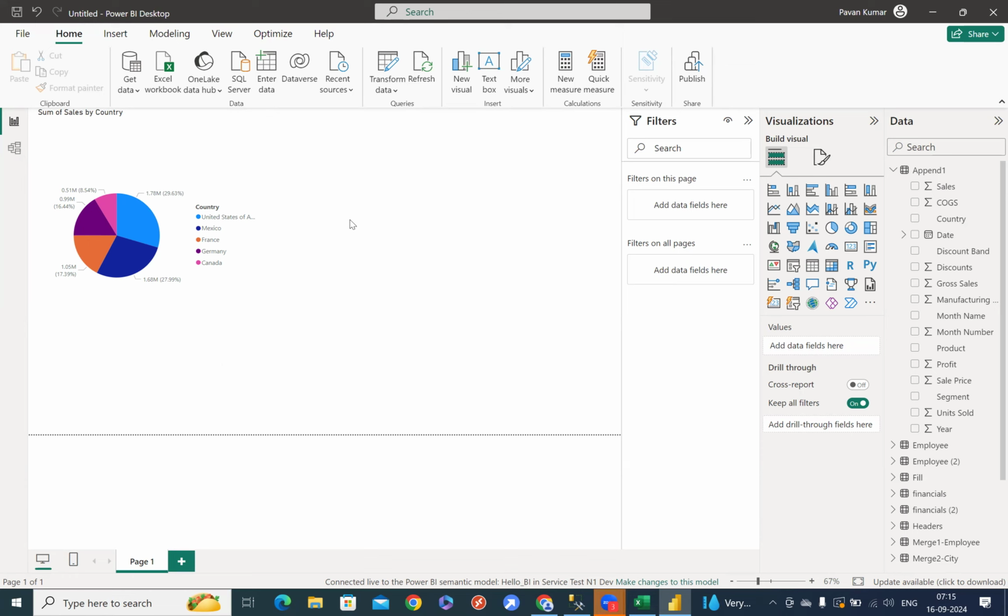So the backend things, right? Everything apart from this white space will be stored in the model only. That measures, using DAX and all. If you are creating something, that will be there in the model file only. So that you can reuse. Any number of times you can connect with the live connection and you can reuse that. Yeah. And another thing is,